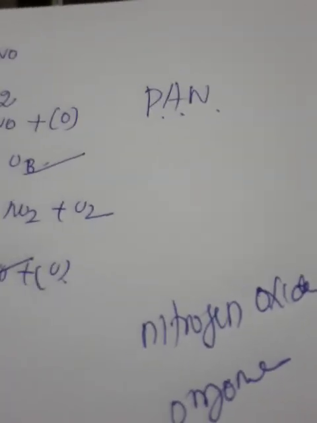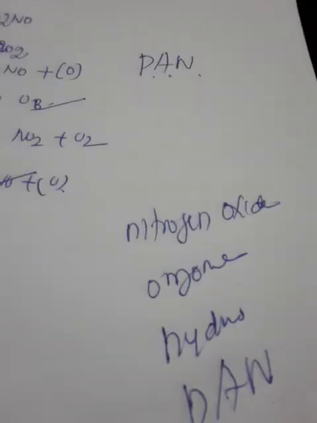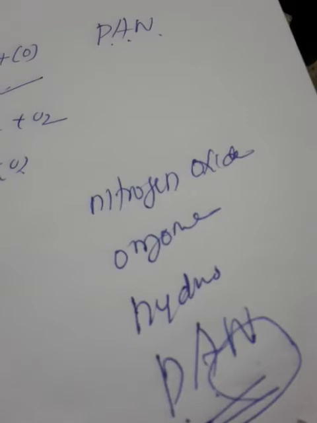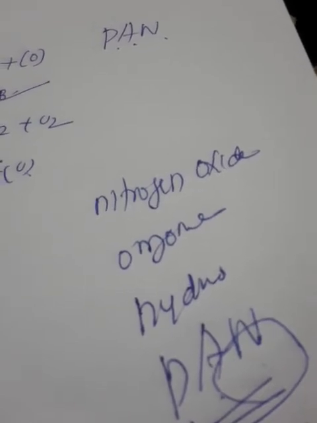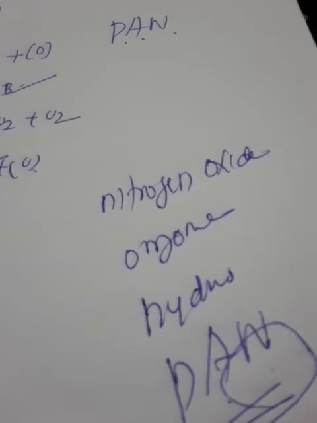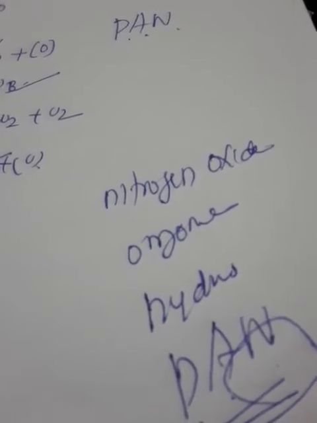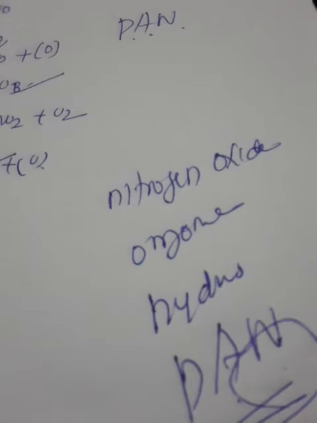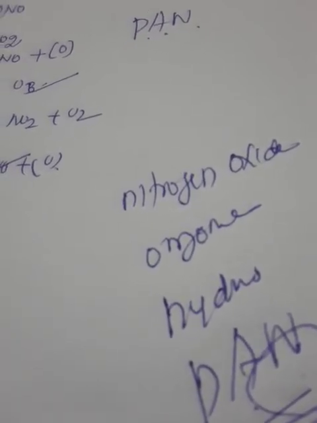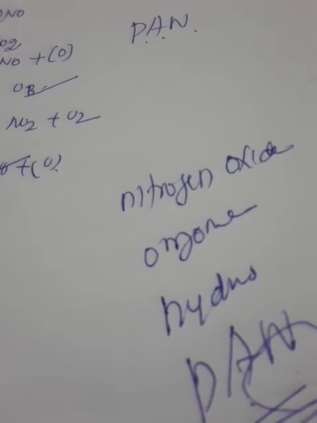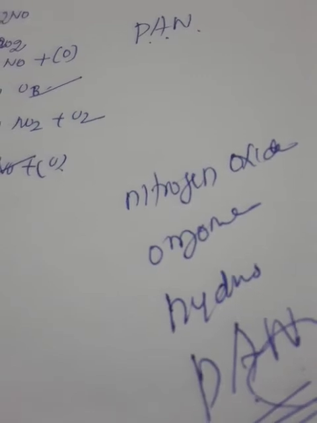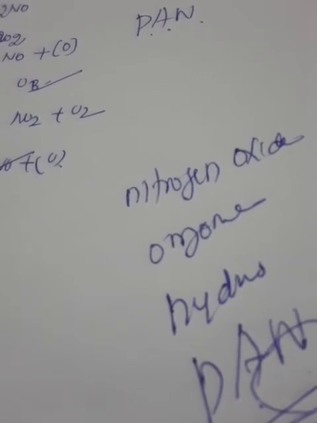So PAN, peroxyacetyl nitrate, is toxic to plants, attacks younger leaves and causes bronzing and glazing of their surfaces. Then it causes corrosion of metal stones, building materials and painted surfaces. So how can we control this photochemical smog? This can be suppressed by preventing the release of nitrogen oxides and hydrocarbons into the atmosphere from the motor vehicles